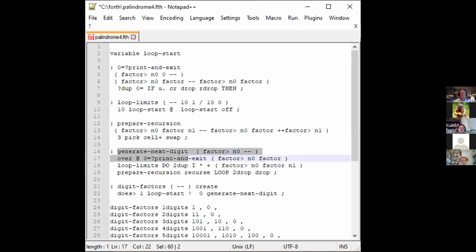This here is the recursive word, and then one that prepares the next recursion, moves the pointer into the table one ahead. One that produces the loop limits, so takes care of changing from 1 to 9, or 1 to 10, to 0 to 10 after the first loop. And this final one, the word that prints and exits,